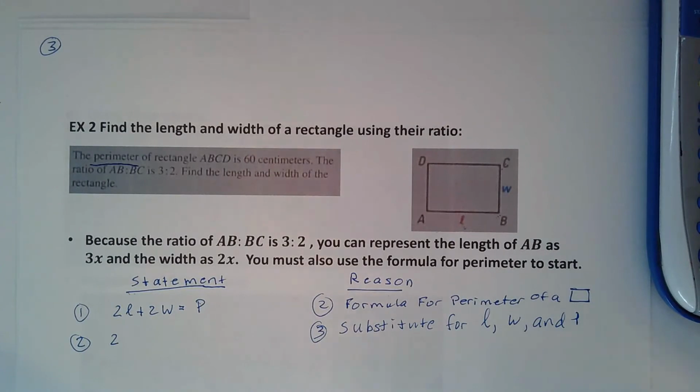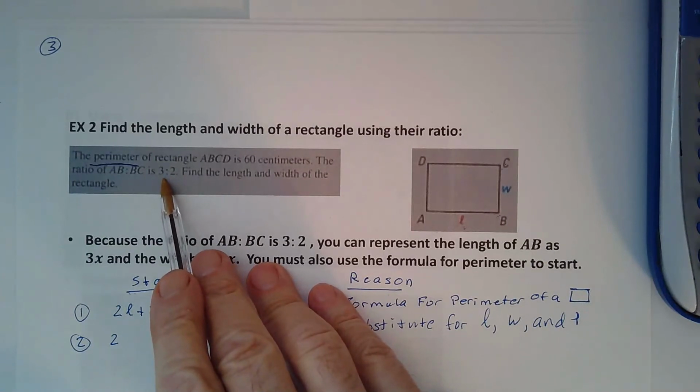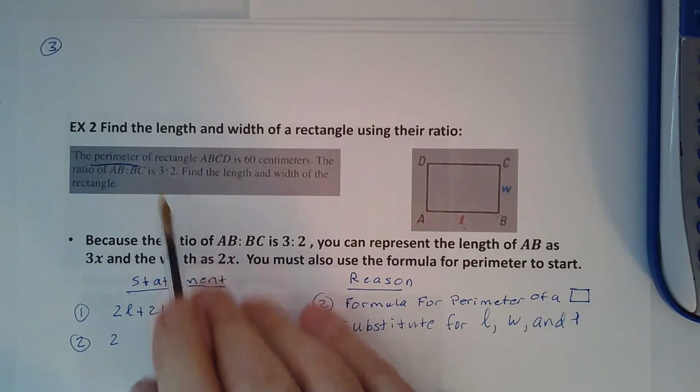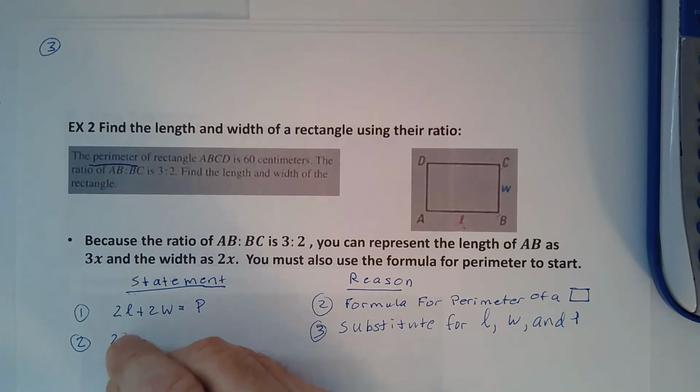Get my red pen here. So we said it's 3, basically 3 times. Now we don't know what it is, it's an unknown, so we'll call it 3x. So this is 2